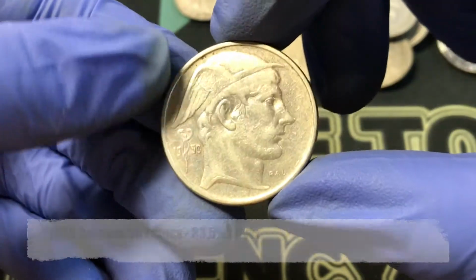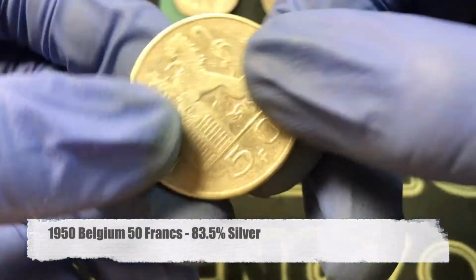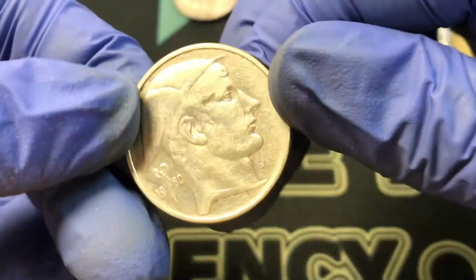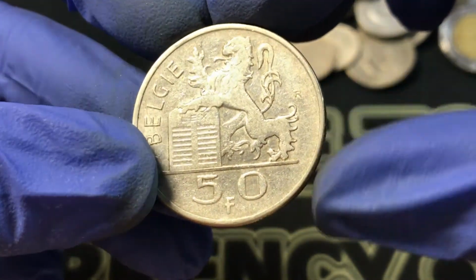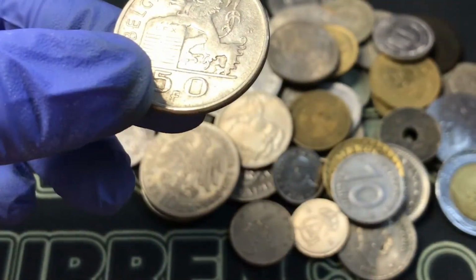Actually, I wonder if that isn't silver and it's just been polished up. I feel like it could be. I'm not super sure. It doesn't look great. Like, it doesn't look like a gorgeous coin by any means, but I could definitely see it actually having that silver value. So, I really don't know. If it is, that would be really cool because we haven't gotten tons of silver, but I'm pretty happy with